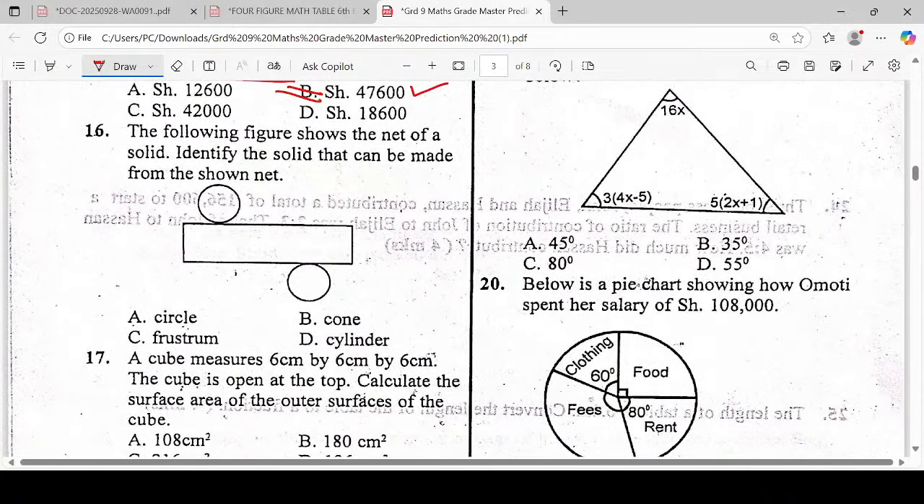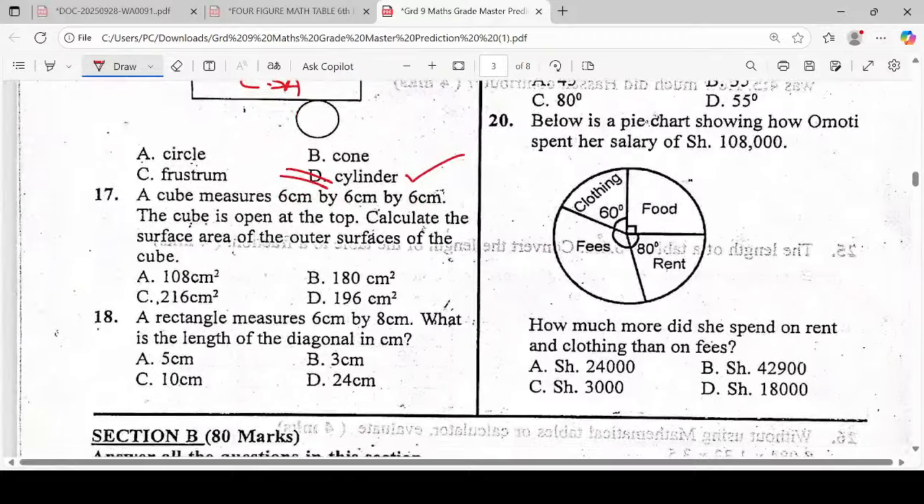The following figure shows the net of a solid. Identify the solid that can be made from the net. You can see we have the rectangular part. This is going to form the curved surface area. Then you have a circle at the top, a circle at the bottom. This should be a cylinder. Question number